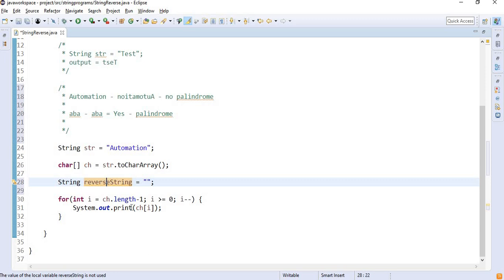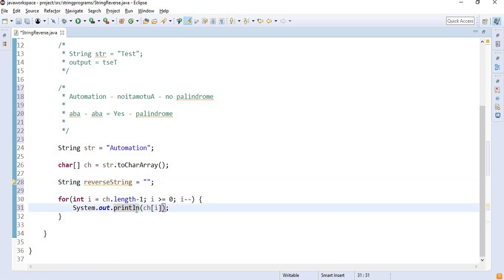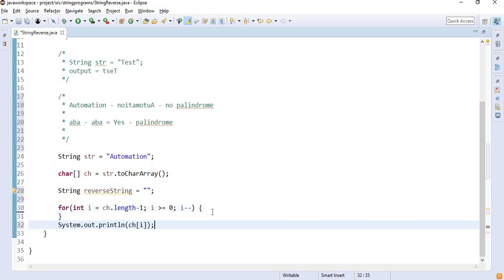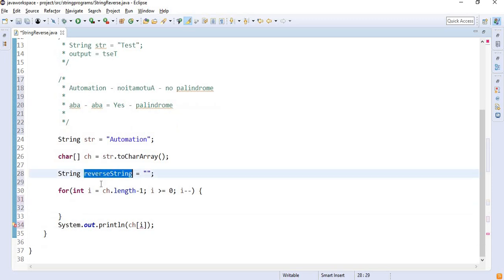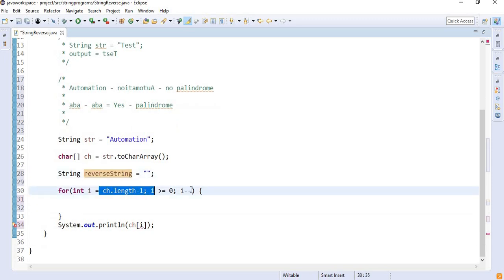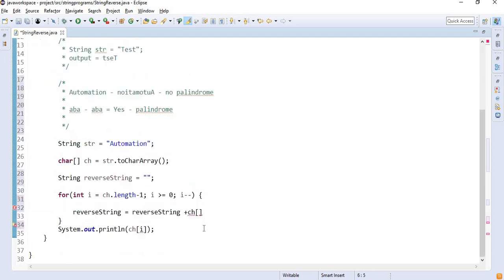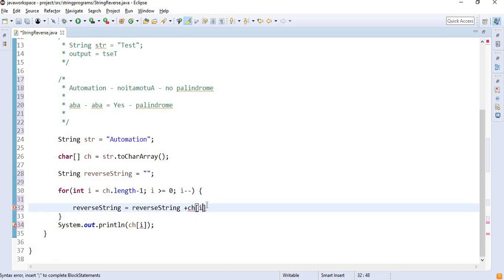So let's not print it here, take it out from here and print it here, and just store whatever the loop is getting in this, plus caret.